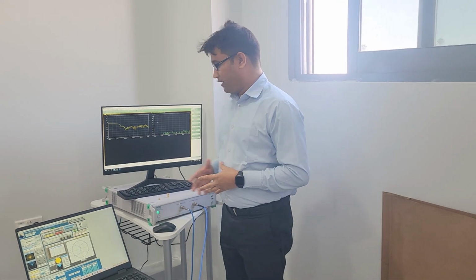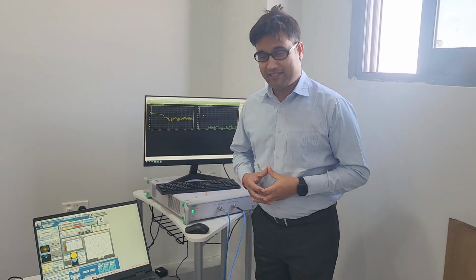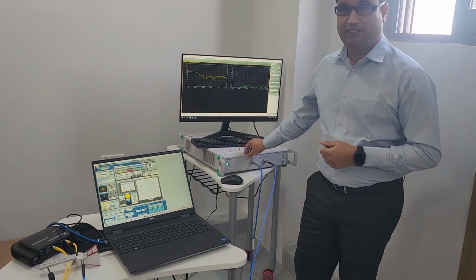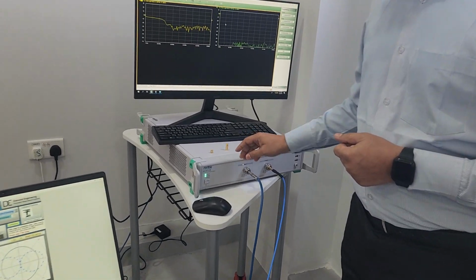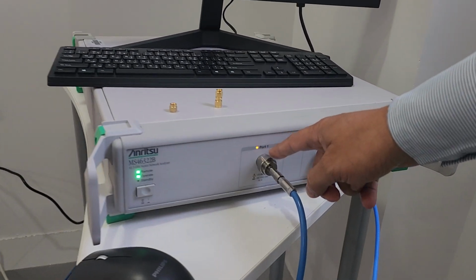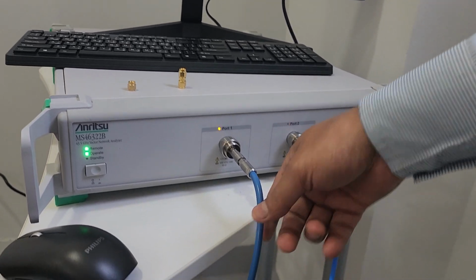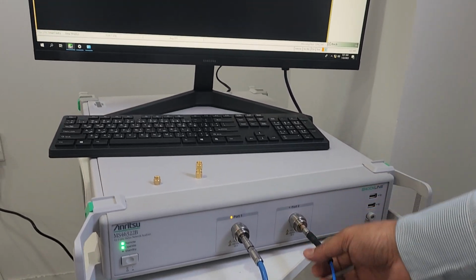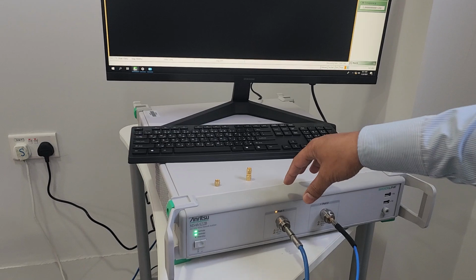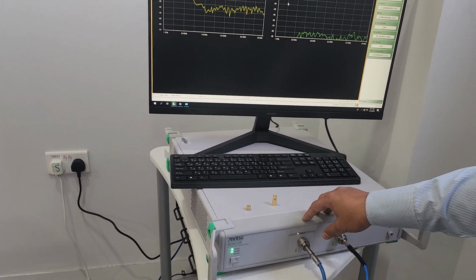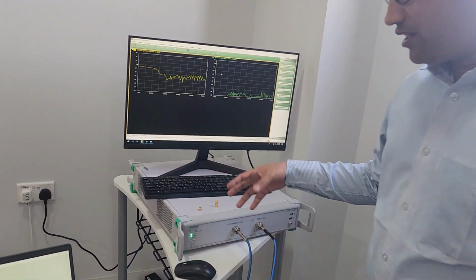Okay, today we are going to demonstrate antenna testing, and here we are using the vector analyzer. What we are doing basically is using the two ports, port 1 and port 2. One we can consider as a transmitter signal, the other we can use as a receiver signal. Ultimately we are going to see how much the signal is lost during the transmission and the